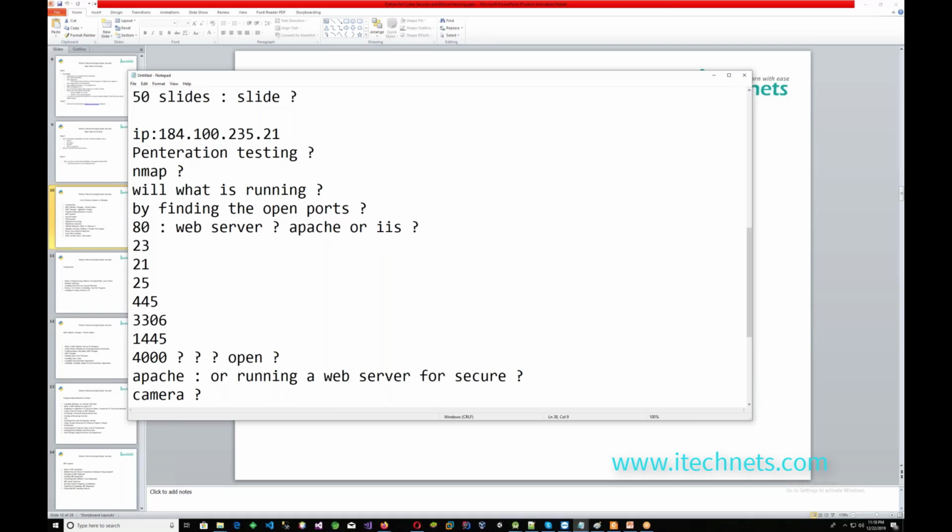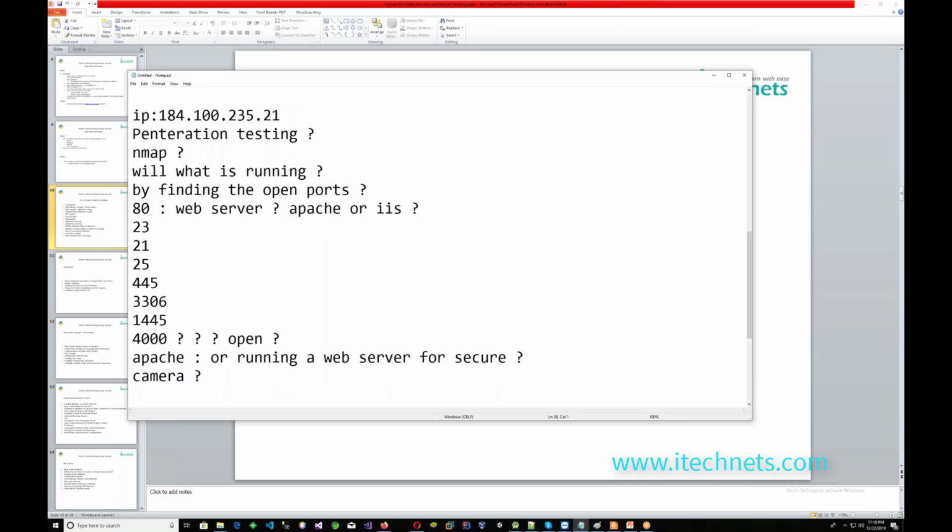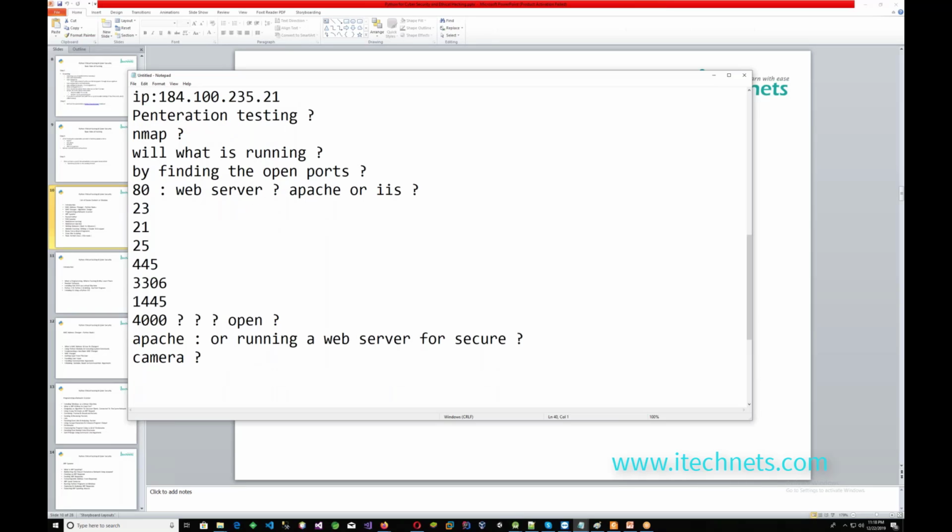This could be a camera, right? To check the camera, put the IP, Ctrl+C, Ctrl+V here, then a colon and 4000 in the web browser. It will take you directly to its login page.